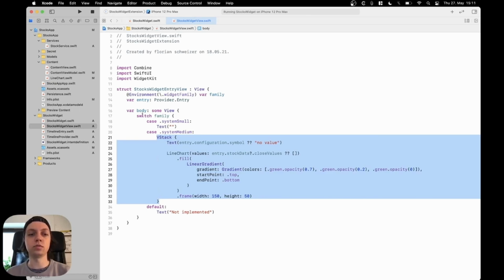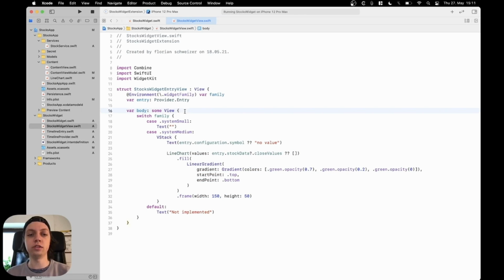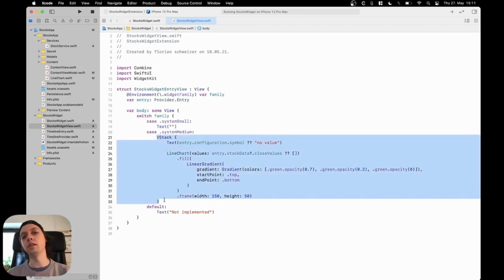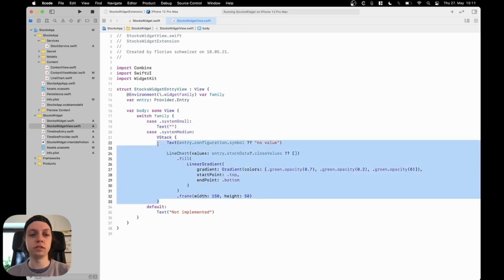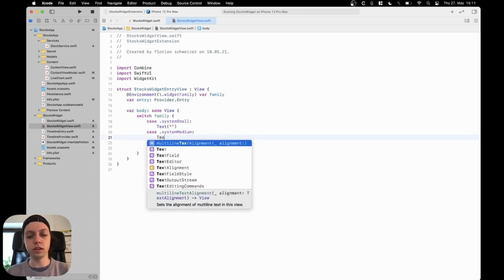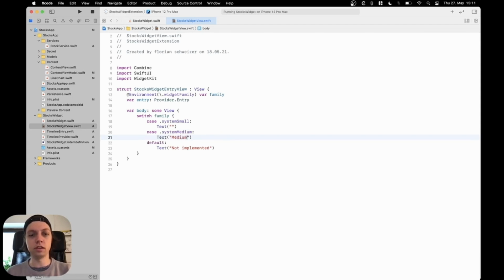Now all of this works because the body is actually a view builder. Otherwise you wouldn't be able to switch over the family and show different views, but that's a topic for another video. Okay, so what we could now say in here, just for simplicity reasons, let's remove this VStack again, put in a text saying medium size, and in the system small, let's just say small size,